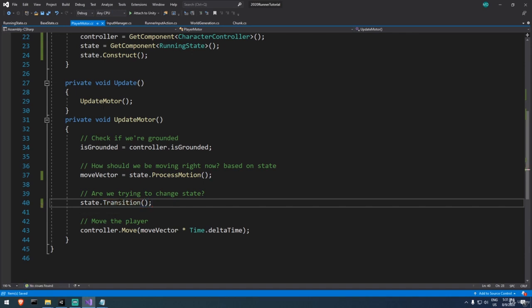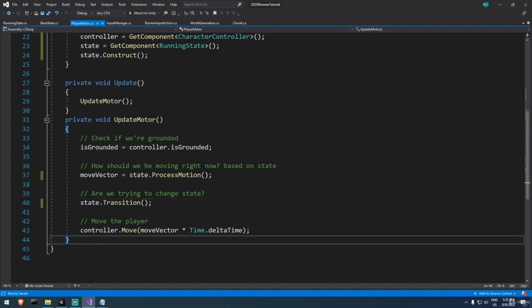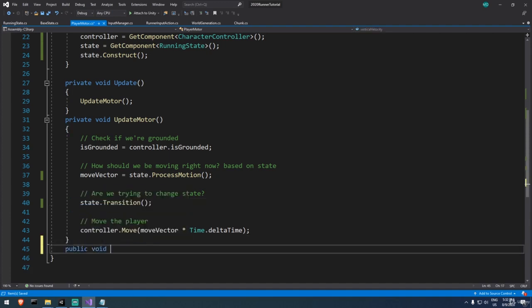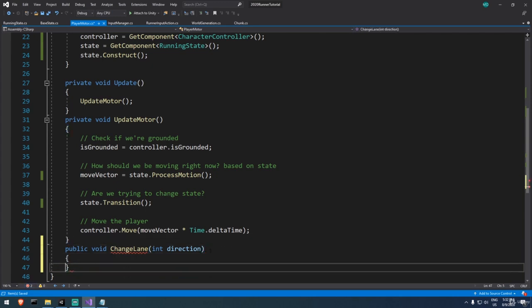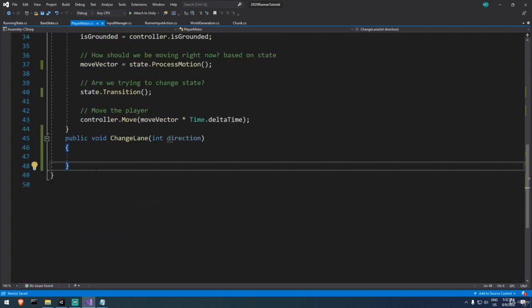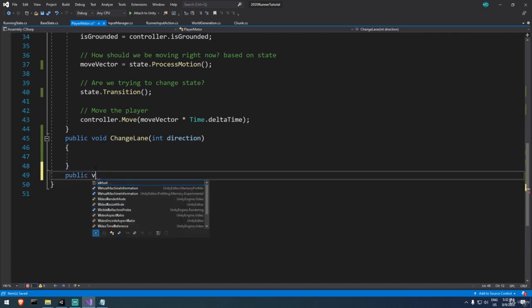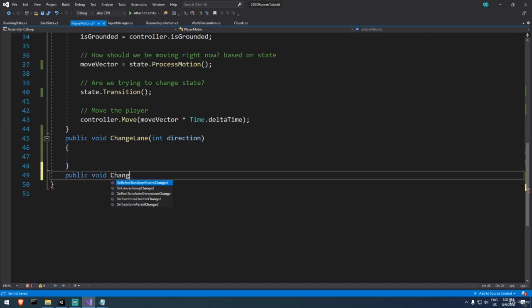Our problem right now is that even though we are swiping left, right, up, we don't have any implementation of first changing lane and second changing the, what's the other thing? State, yeah. So down here in the player motor, I'll go ahead and create the following function, change lane, which will take an int called direction. Could take a Boolean as well, could take any type of parameter, string if you wish. Really doesn't matter. And then a public void change state, which will take in a base state as a parameter,